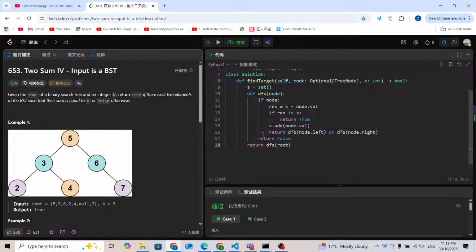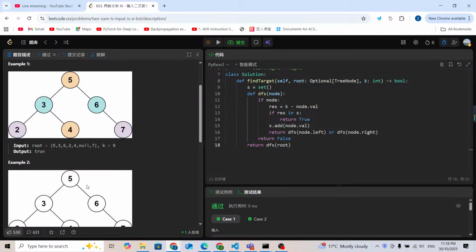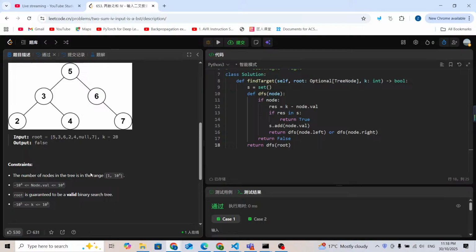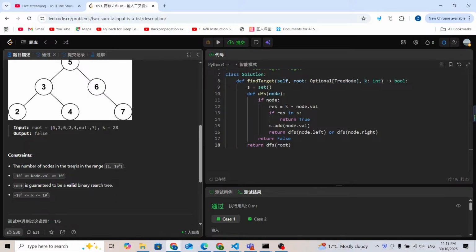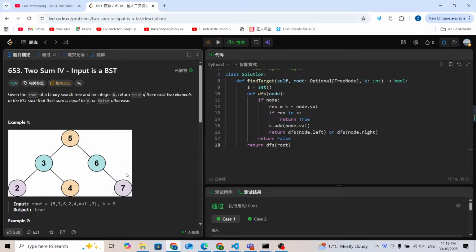So the time complexity is going to be O(n), and the space complexity is going to be O(n) as well. n is the number of the nodes, which is up to 10 to the power 4. That is why it is fast. Yeah, I think that's all about